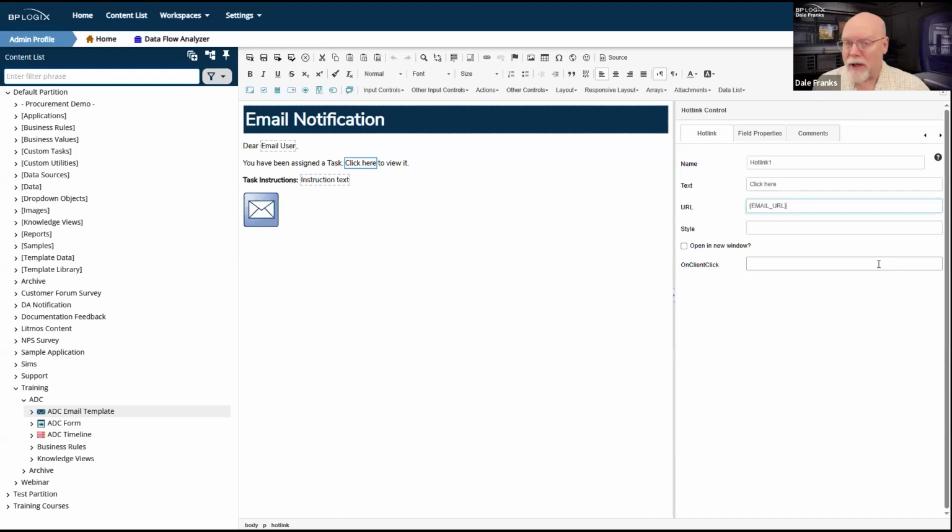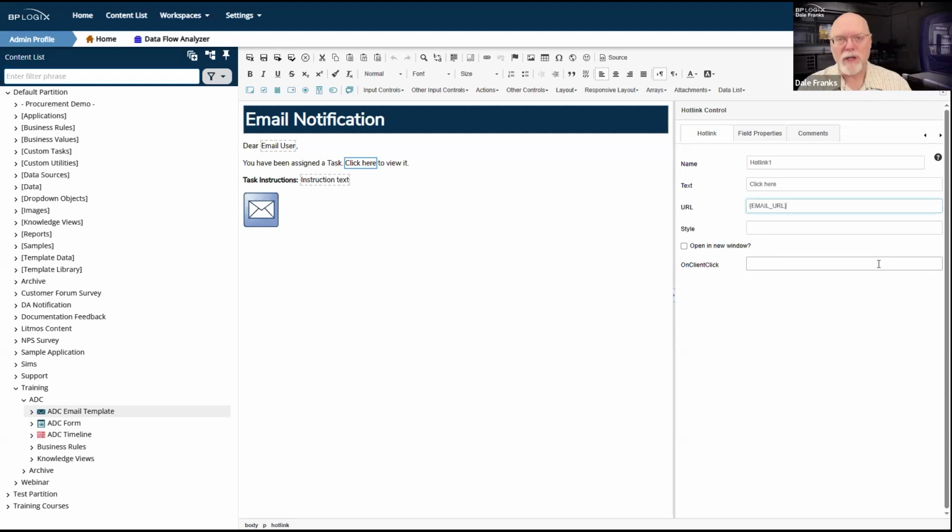The URL is always going to be different. It's going to be different for each task, and it's going to be different for each user. Okay, we can't really hard code a URL here. And that's the beauty of the email URL system variable, in that it will just create the URL on the fly for whatever user the email is going to, and to cover whatever status they have.